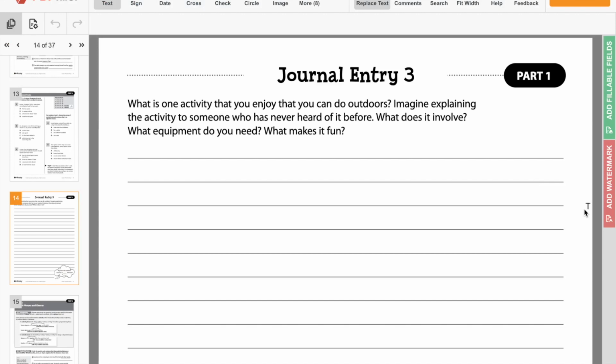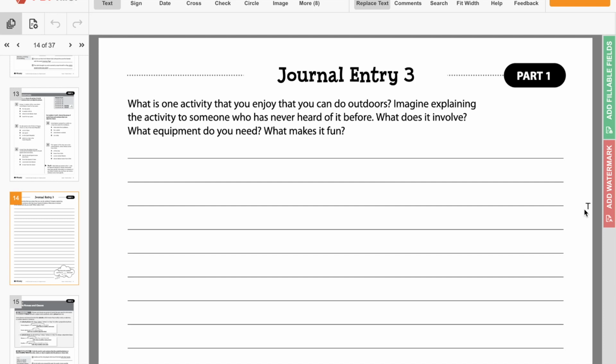Okay, 7th grade, so today is Wednesday, May 13th. Today we are on page 14 of our writing packet. As always with the writing packet, the first thing we do is that little journal entry. Hopefully these are a little bit more fun for you guys. They give you a little bit of time to do something and talk about stuff that you like, that sort